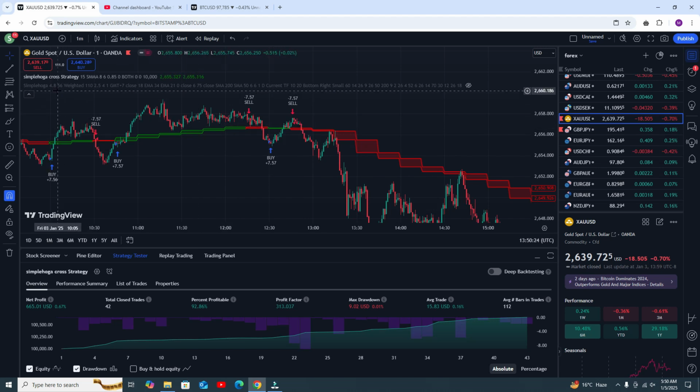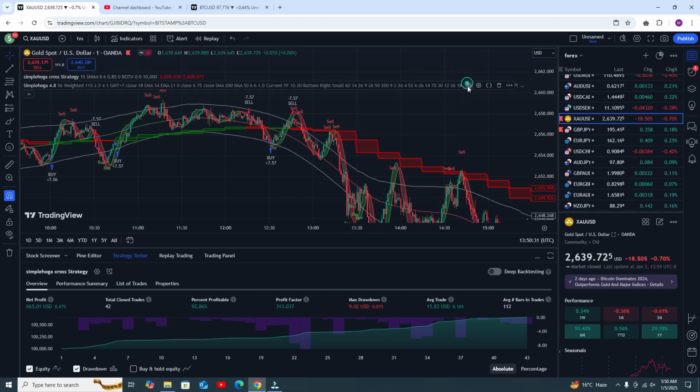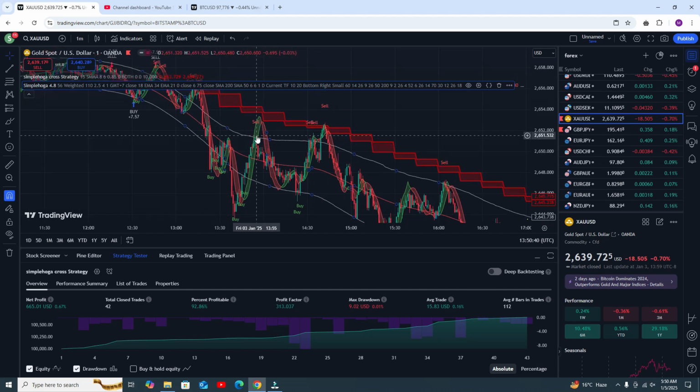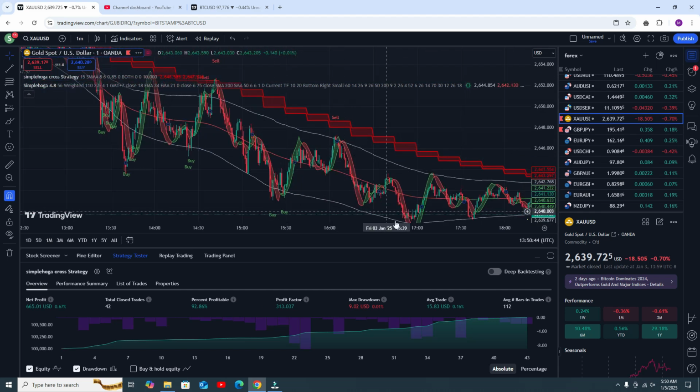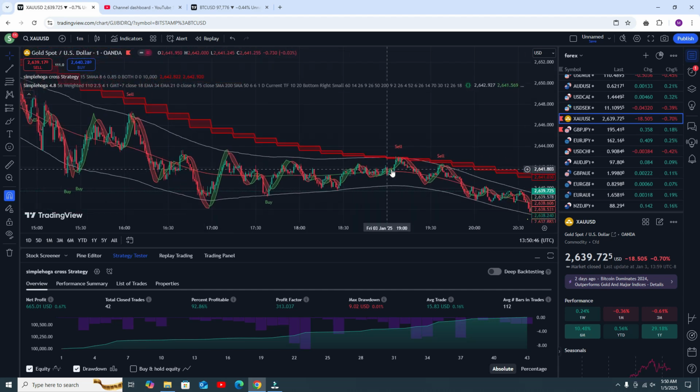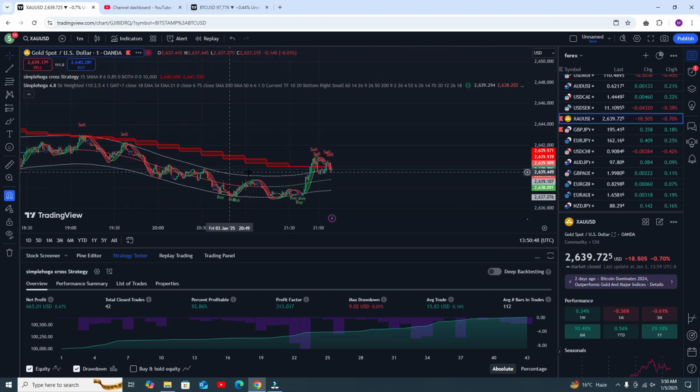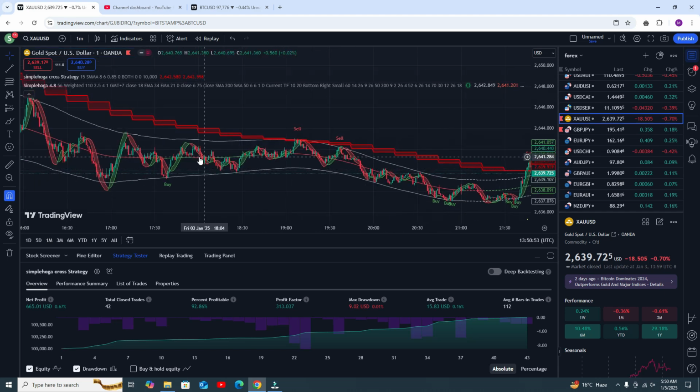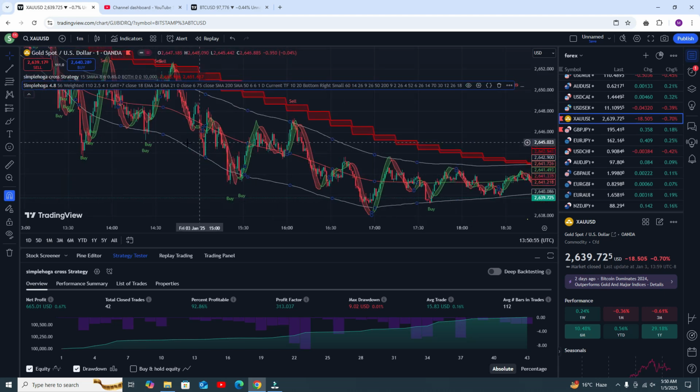Yes, I know I'm weak in English, but I tried my best to give you all the explanation in a good manner. Here you can see when you got the signal, I told you to follow the sell signal. Follow the sell signal, got the profit. Sell signal, got the profit. Sell signal, got the profit, and so on. Here you can see this is a sell signal also.